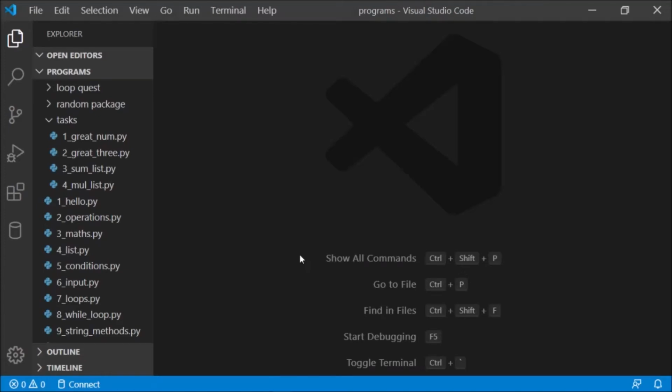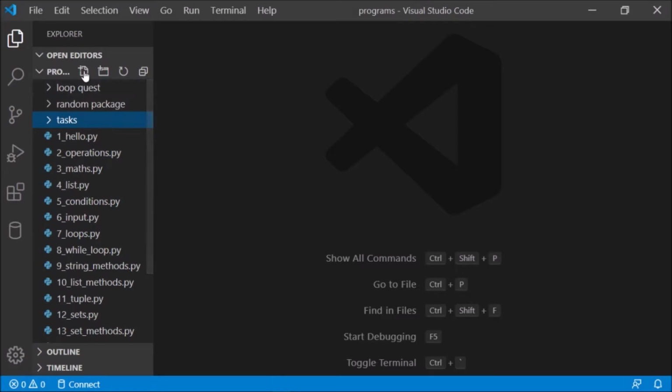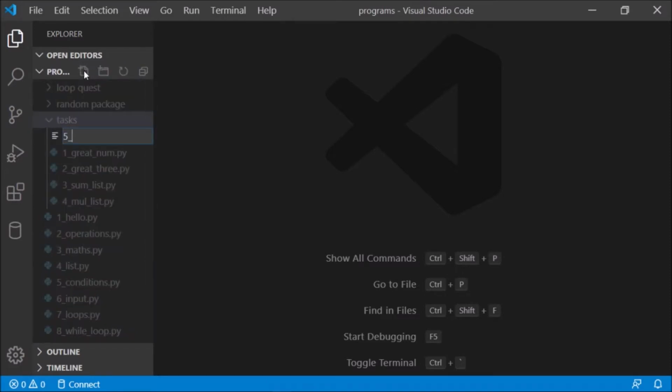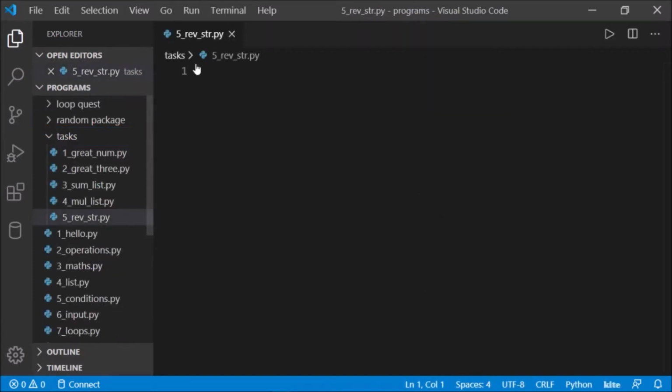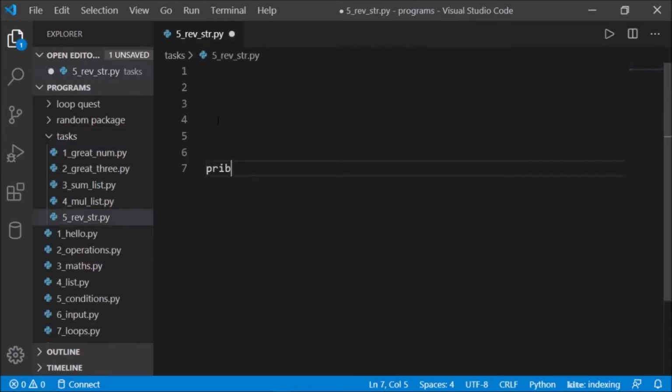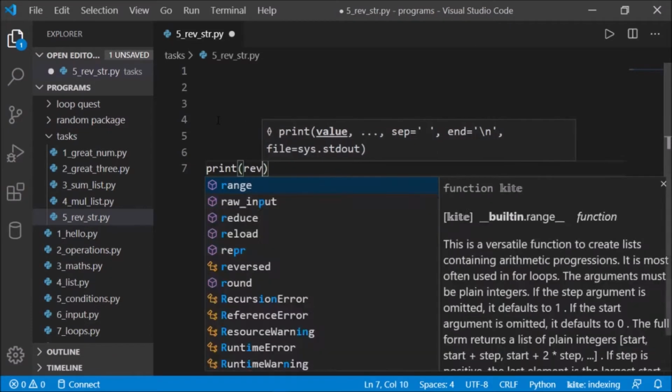Hello world, and in this video we'll try to reverse a string. So let's go to task, have a new file. So this is I think a fifth task. So reverse string.py, enter. So let's say first print, and let's have a function